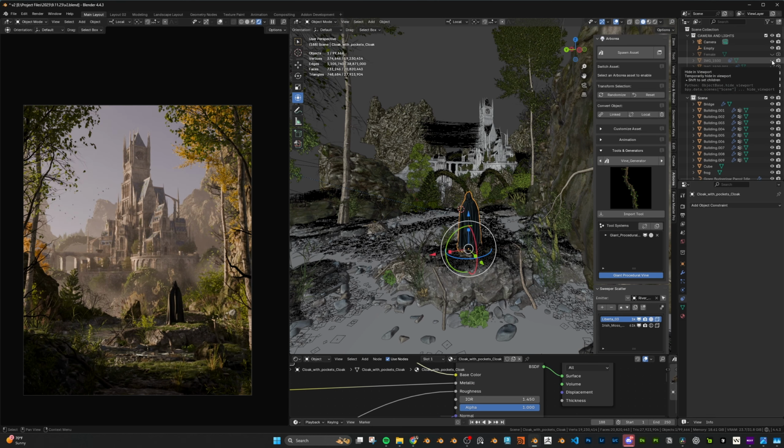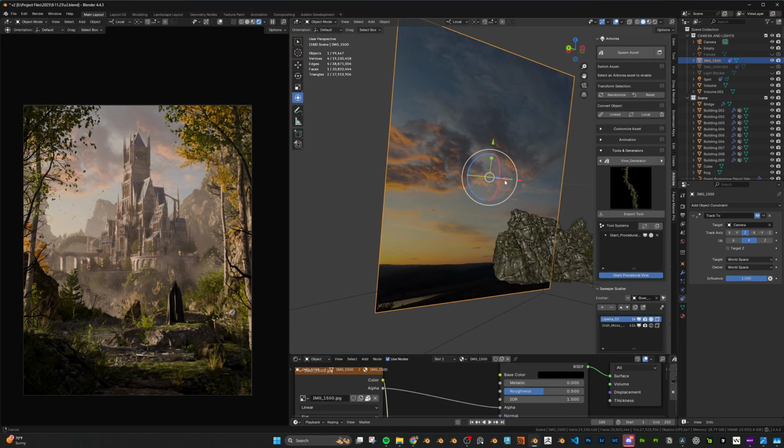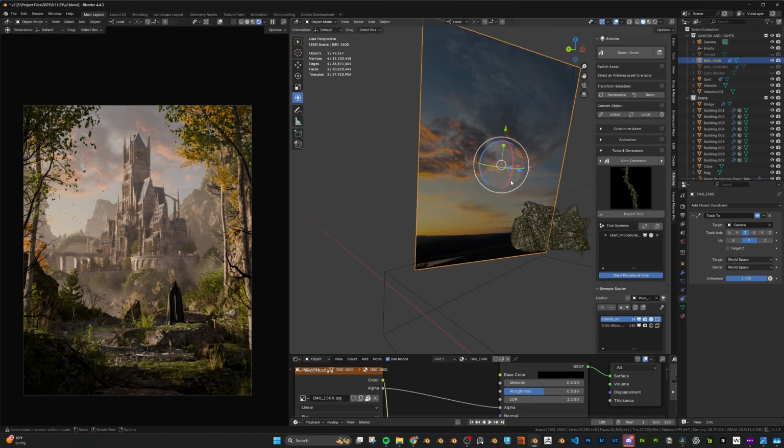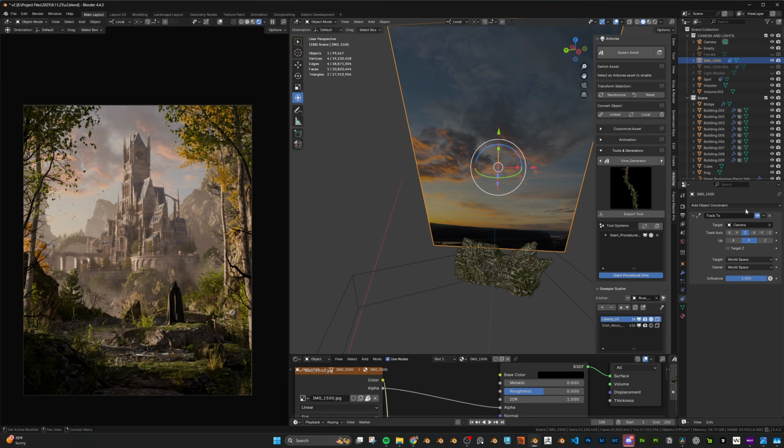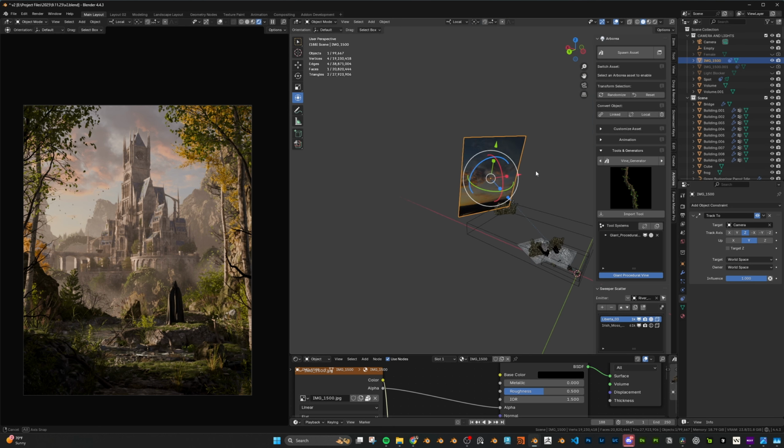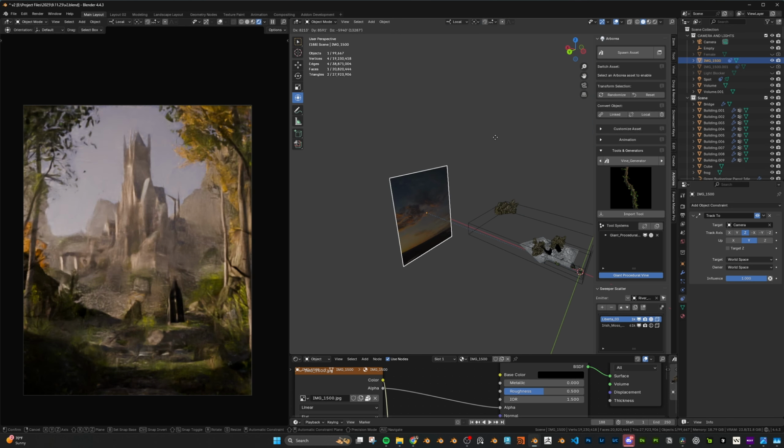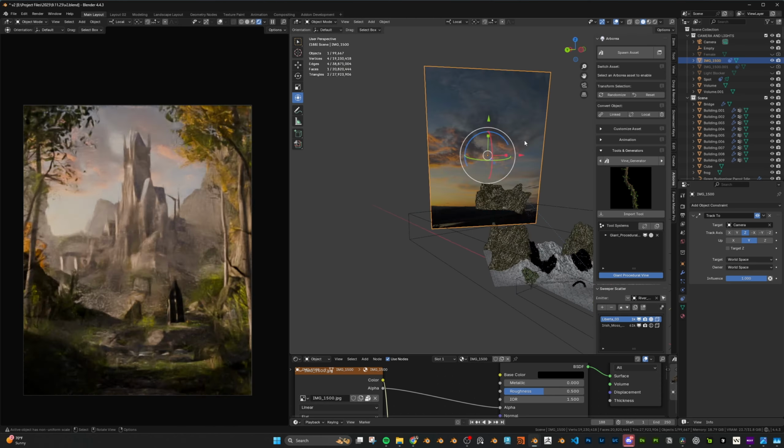Okay, and then the sky. So this is really basic as well and uses a similar tracking method. As you can see right here, this sky is just kind of like a sunset lighting. And in the object constraints, I'm using that Track To, with my camera as the target. So you can see no matter where I move this, it's always directed towards the camera,